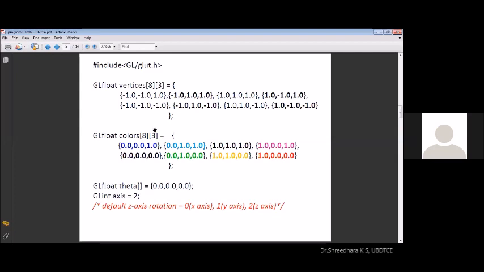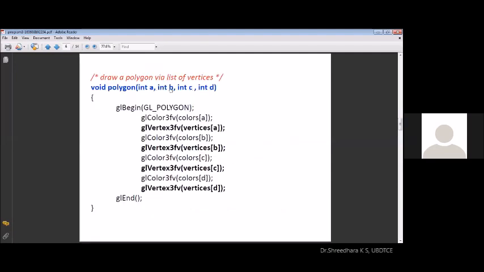So now you have to create the polygon. The polygon, now you observe A, B, C, D, the 4 vertices you are supplying. With the help of these vertices, the corresponding GL vertex 3F function you are calling, in the array vertices A, B, C, D. The order you have to observe. In the same order, when you supply this, the polygon gets created. Each time, this GL color 3F function is invoked so that the corresponding vertices are colored with corresponding colors from the array. So as a result, we'll get the cube which looks like this.